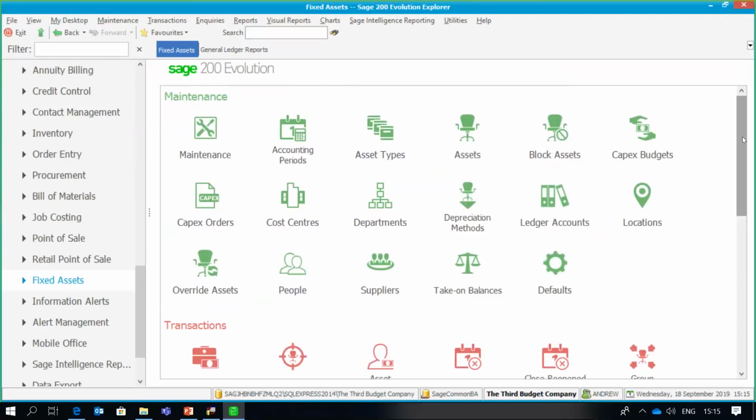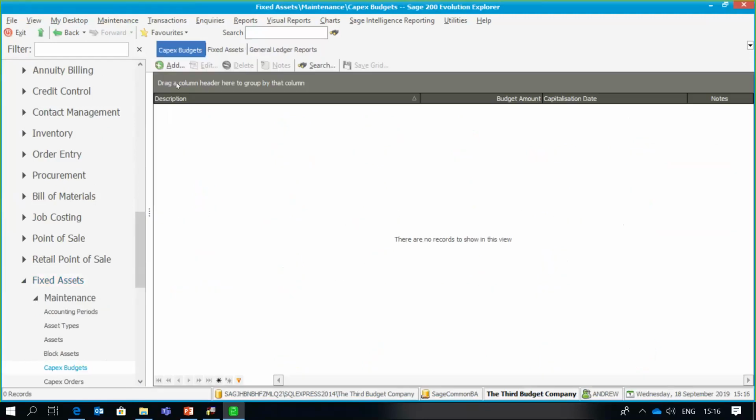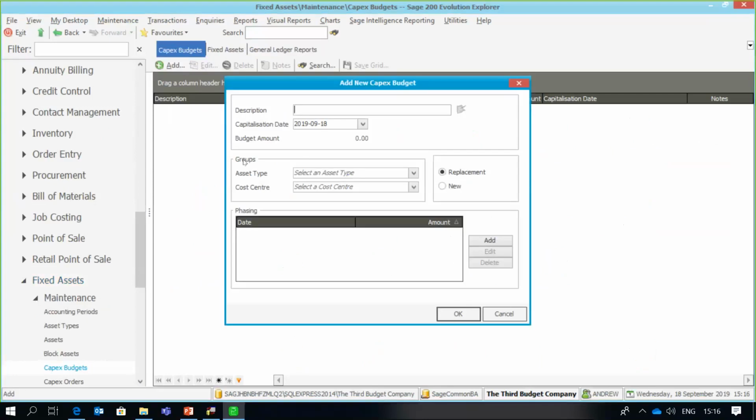So the Capex budgeting is really based on 2 platforms. We're firstly going to set up our budget, and then after that, we're going to link an order to the budget, and then finally, we're going to link an asset to a Capex order. So first, on the Capex budgets, we're going to go through to set one up, and we're then going to say what this budget is for. For example, okay,